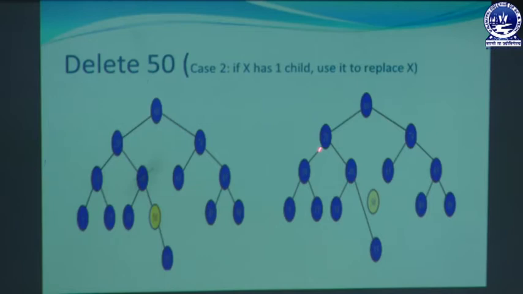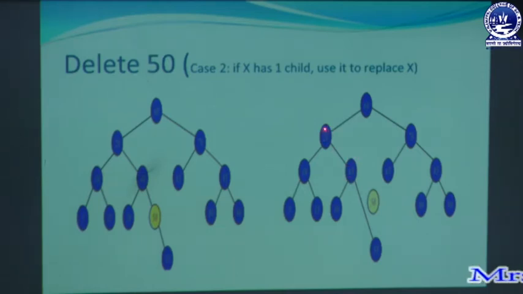Okay. So, after deletion, let us check the balance factor for each and every node present in the AVL tree. First check the balance factor of this node. Balance factor is 0 because we do not have any child node of this node. And in this case also balance factor is 0. So, let us check the balance factor of the parent of the node which was deleted. Here the left subtree has height 1 and the right subtree has height 1. So, 1 minus 1 is 0. So, balance factor is 0. So, this node is balanced.